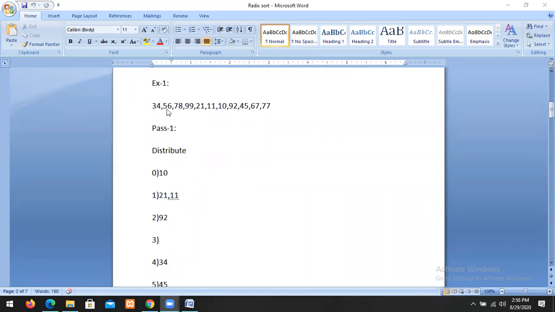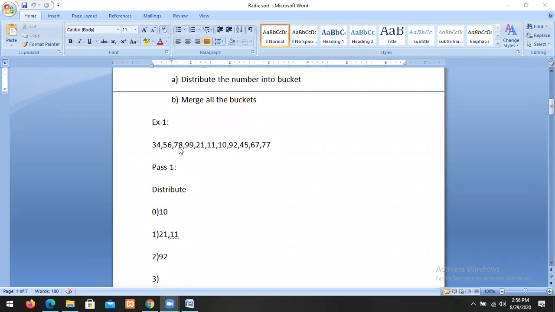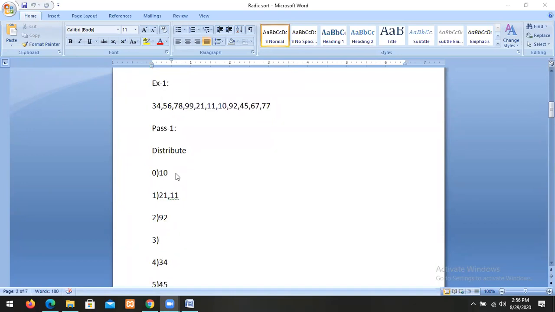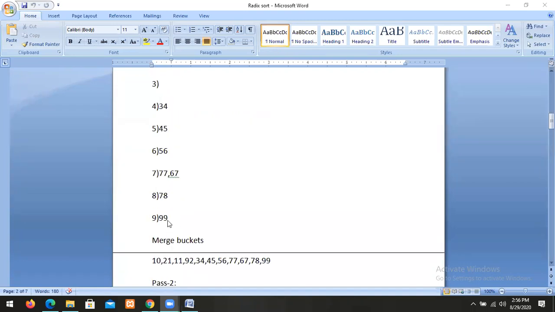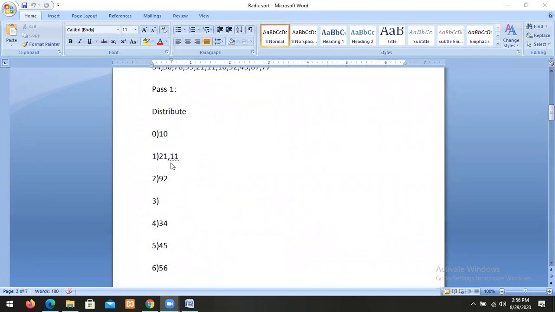The rightmost digit of 56 is 6, then we place it in the 6th bucket. In 78, the rightmost digit is 8, so place in the 8th bucket. The rightmost digit of 99 is 9, so place it in the 9th bucket. Similarly, we can distribute the numbers into the corresponding buckets.